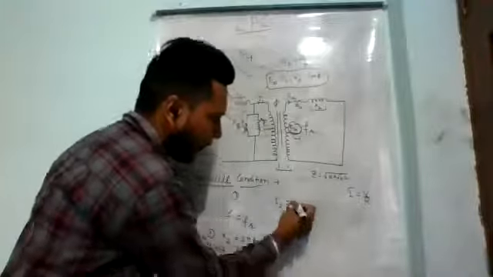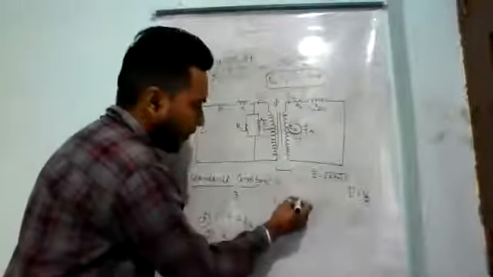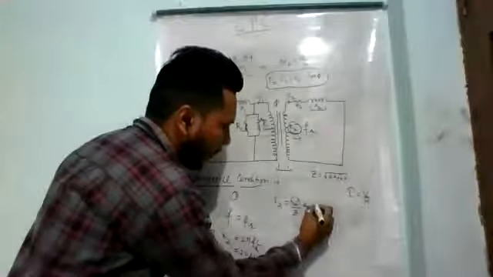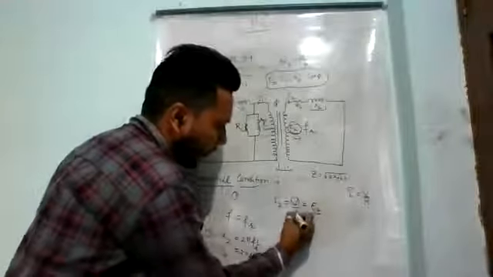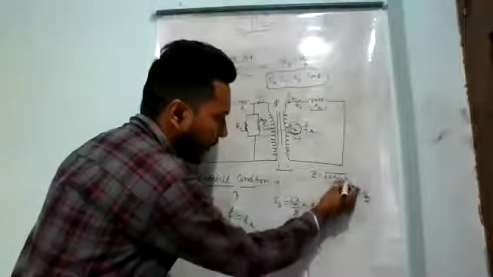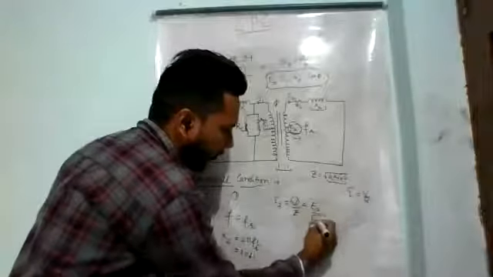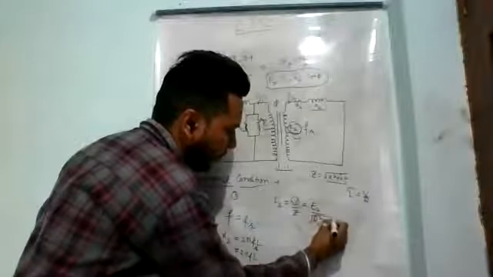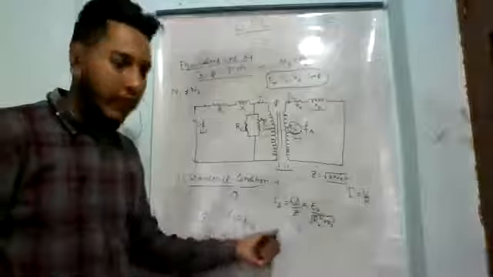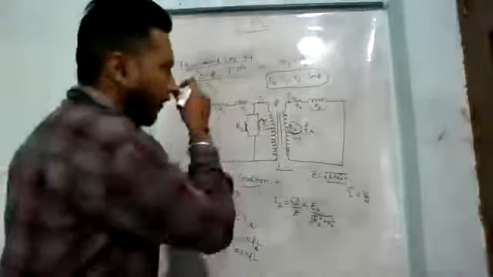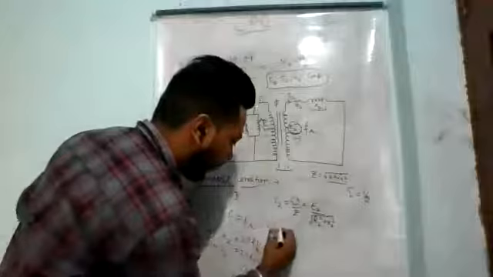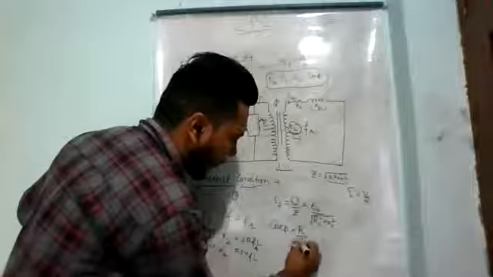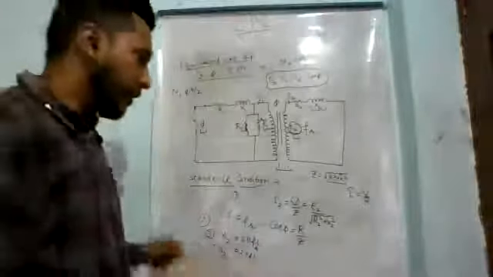Now at the secondary side, the induced voltage is E2, and Z is the combination of R2 square plus X2 square, because we are talking about the secondary side. This is the value of current at the secondary side. If we are talking about power factor, what is power factor? Power factor is nothing but the ratio of resistance to the impedance. That is impedance.